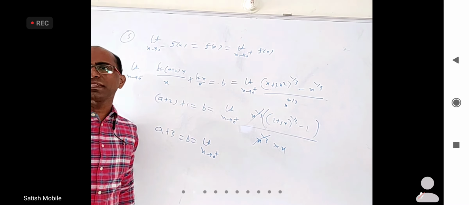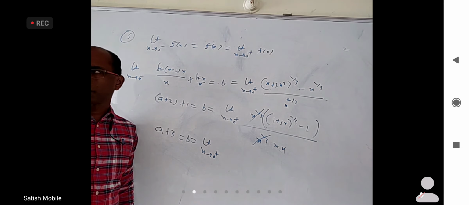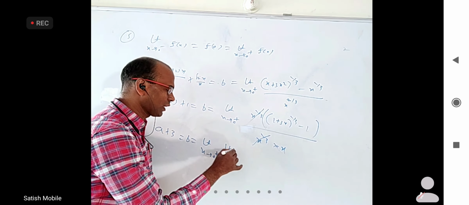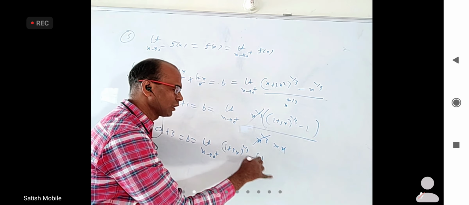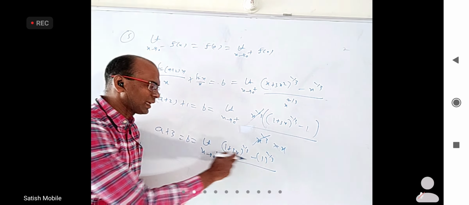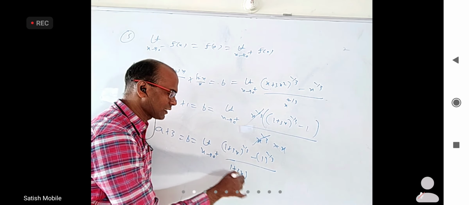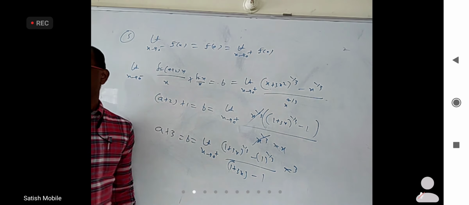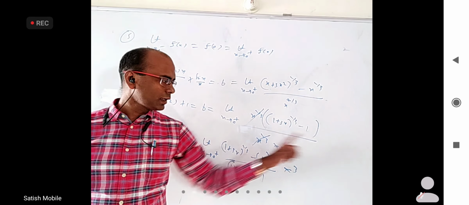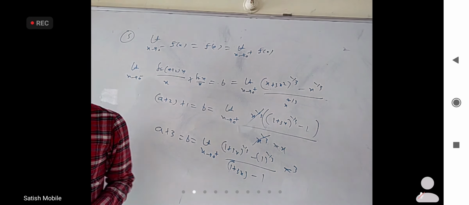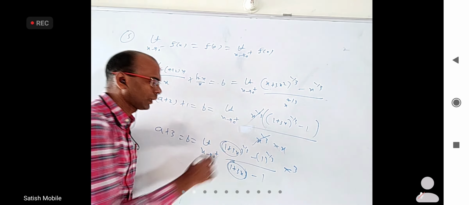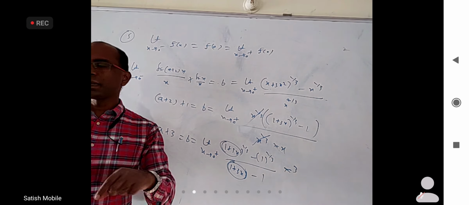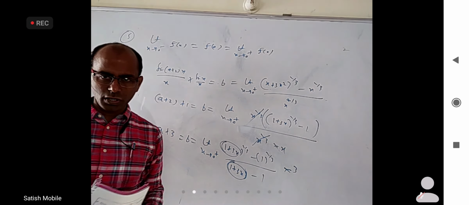For a minus b, the rationalizing factor is a square plus ab plus b square. Instead of that, I am going to write 1 plus 3x whole power 1 by 3, 1 whole power 1 by 3. The difference I need down is 1 plus 3x minus 1. But that is 3x, I have only x, so I have to multiply by 3. I multiplied 3 here, added 1, subtracted 1, so that's how I adjusted this. If I take this as some y, it is like y power n minus a power n by y minus a, and y is tending to a. The limit is n into a power n minus 1.